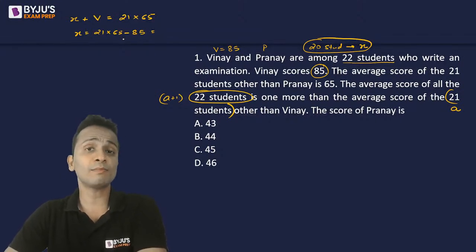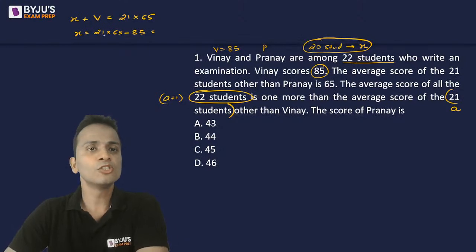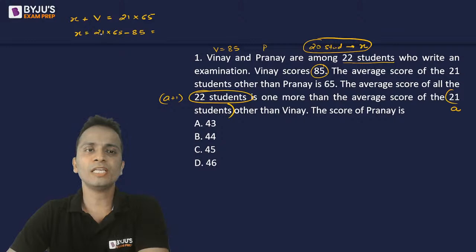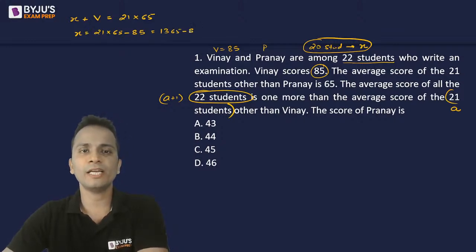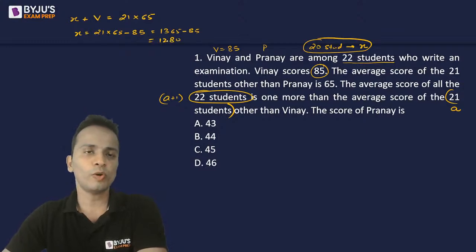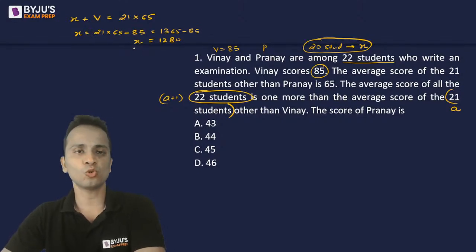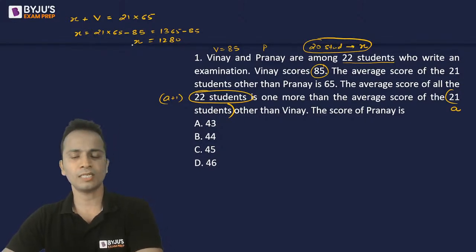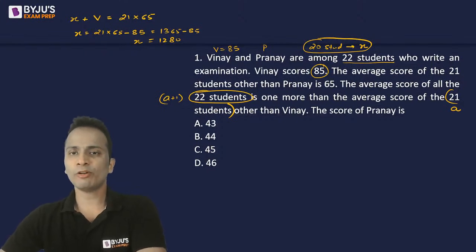That means the sum of the scores of 20 students. So calculations karte hain. 65 into 20 is 1300, 1365. So 1365 minus 85, that is 1280. 1280 is the value of X. That means the sum of the scores of these 20 students. Done the first part. Now next part,